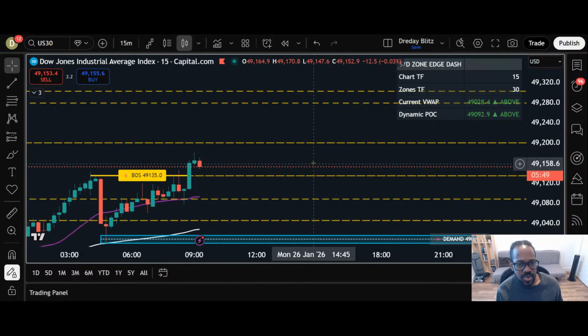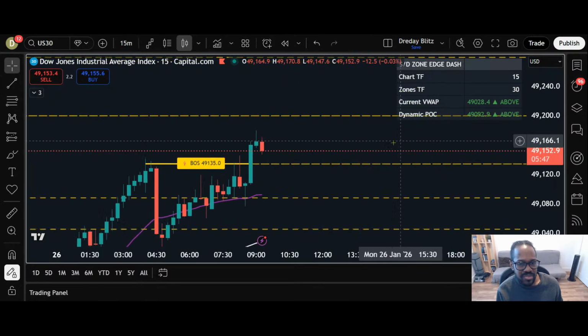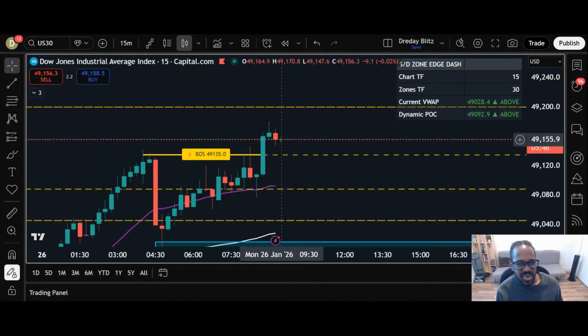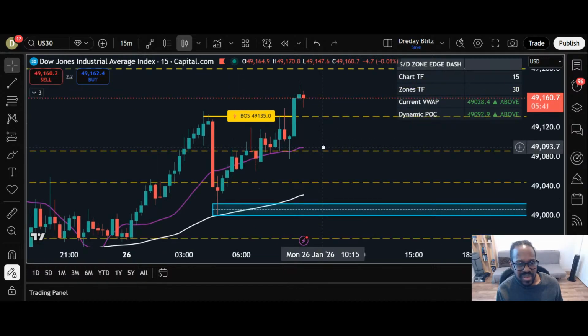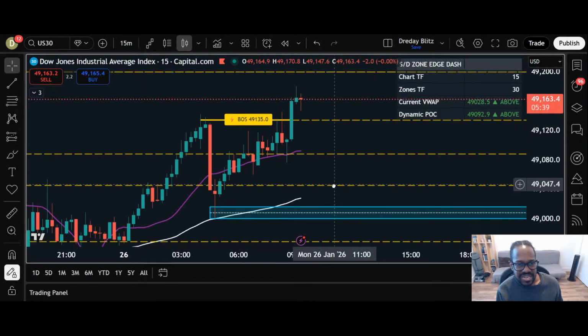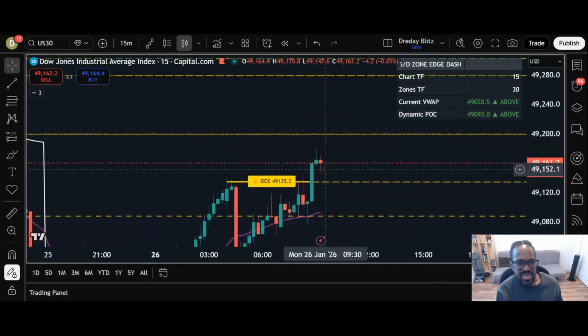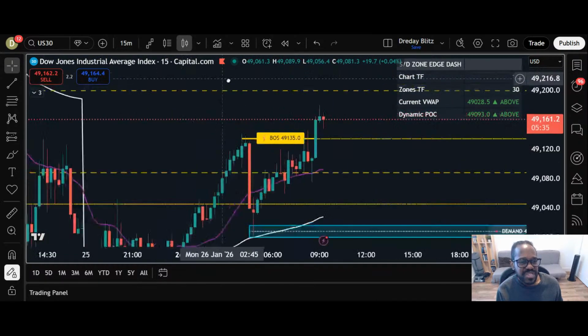Right now, what I'm waiting for is basically a retest of that zone to continue to go up, or to have a break to the downside here. So we're going to see exactly how it's going to go. But overall, should be bullish here